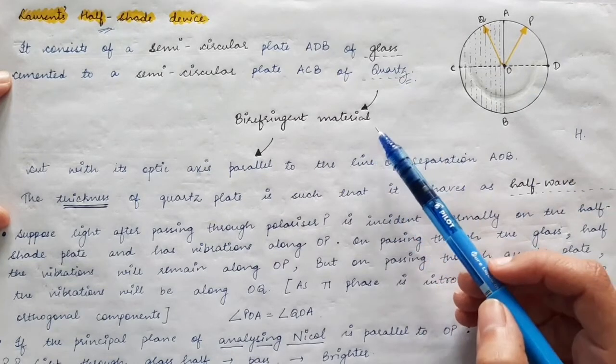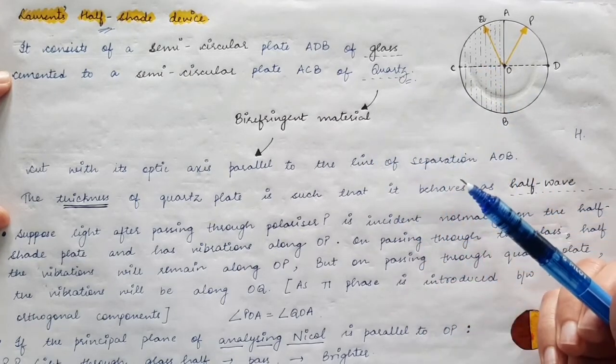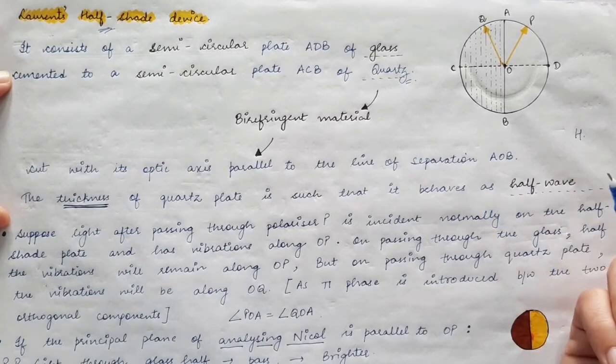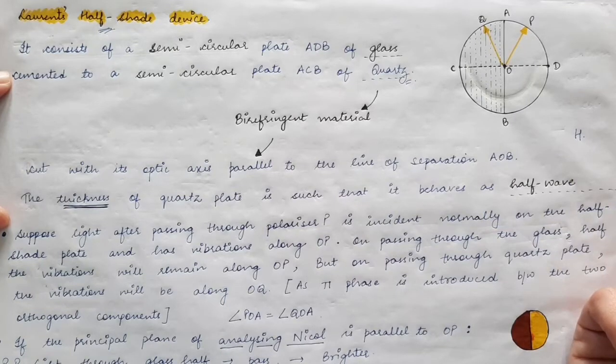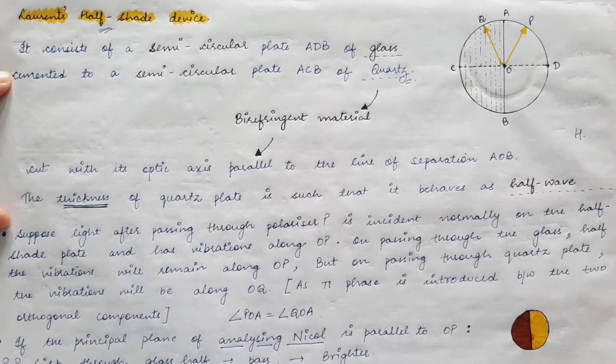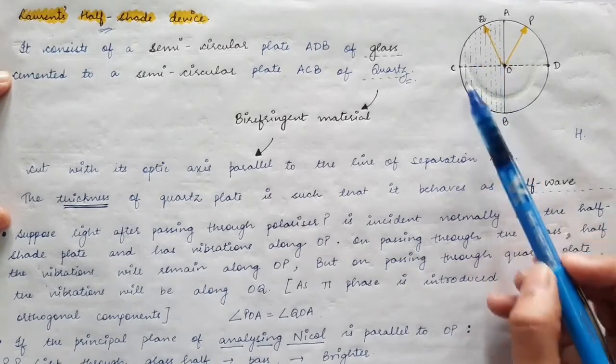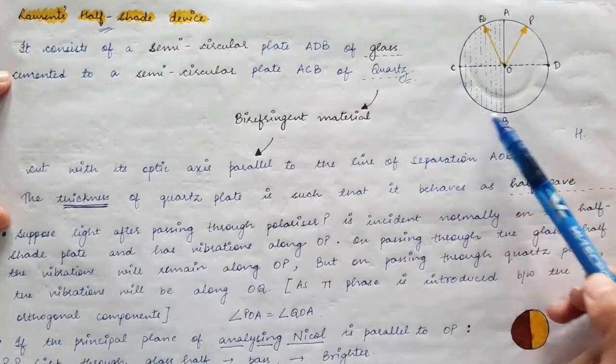So whenever a plane polarized light falls on a quartz crystal, the two orthogonal components of the electric field will travel with different velocities because they will face a different refractive index inside the birefringent material quartz. Therefore both the orthogonal components travel with different velocities, and hence a path difference is introduced between the two orthogonal components. So this is the functioning of a phase retardation plate, which we discussed in the previous lectures.